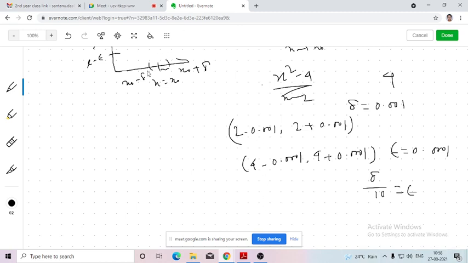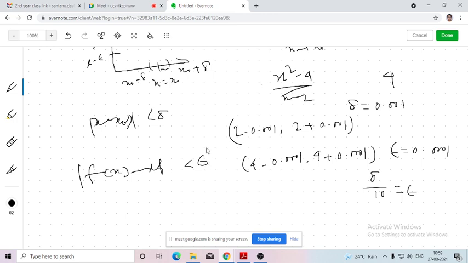That means we are varying the value of the independent variable in a small interval, then the value of the dependent variable is also varying in a small interval. That means if |x minus x0|, here x0 is 2, is less than delta, then |f(x) minus L| is less than epsilon. Then here we can say that the limit exists.